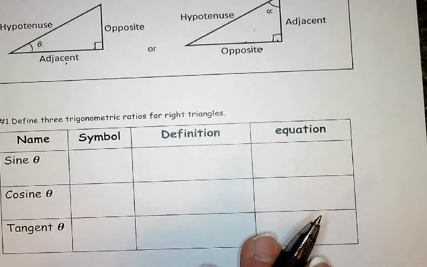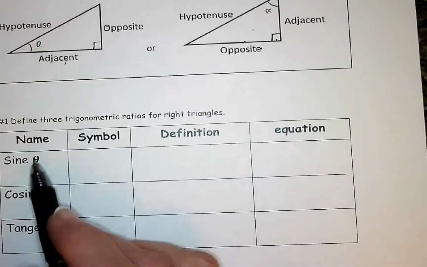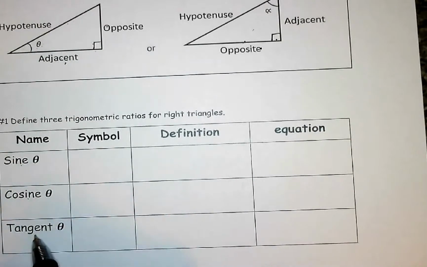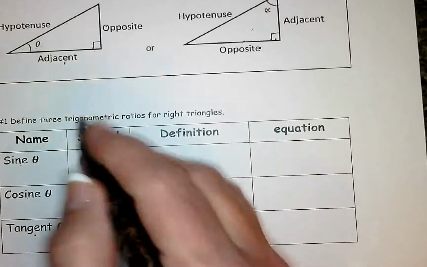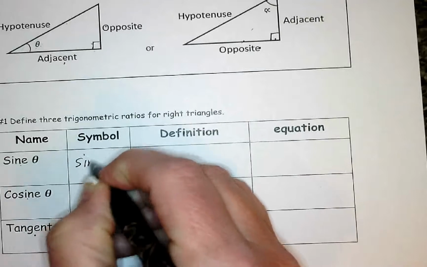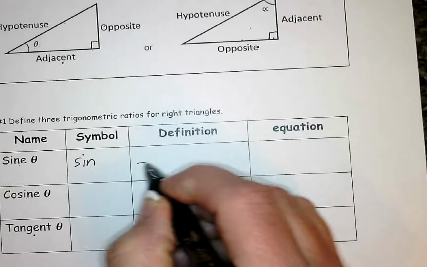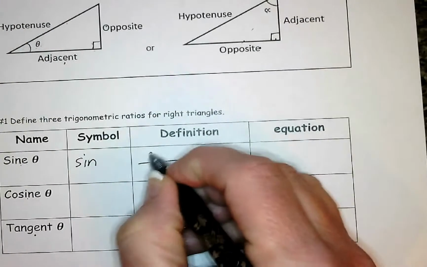There are 3 ratios that we are going to focus on. They are sine, cosine, and tangent. Maybe these are words that you've heard before or saw them on your calculator, you just didn't know what they were for. So here we go. So the symbol for sine is sin. Okay, so it looks like sin, but we always say sine. Sine is a ratio where I take the opposite